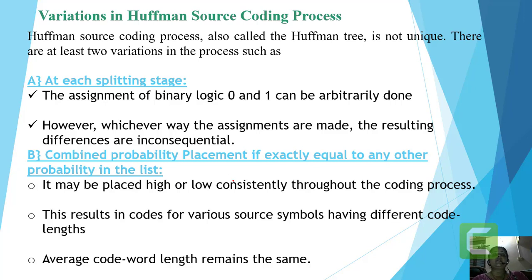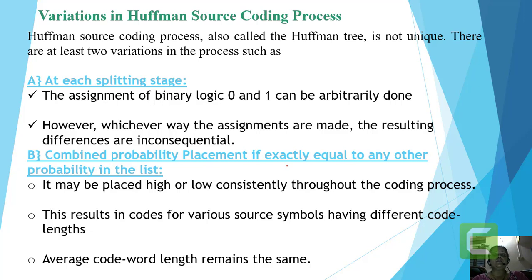And that's why it is said that the Huffman source coding process is not a unique one, as its tree is going to change. These tree variations may occur because of two processes. One is due to the assignment of 0 and 1 that we are going to do at each splitting stage. And the second one is due to the combined probability placement if it is exactly equal to any other probability